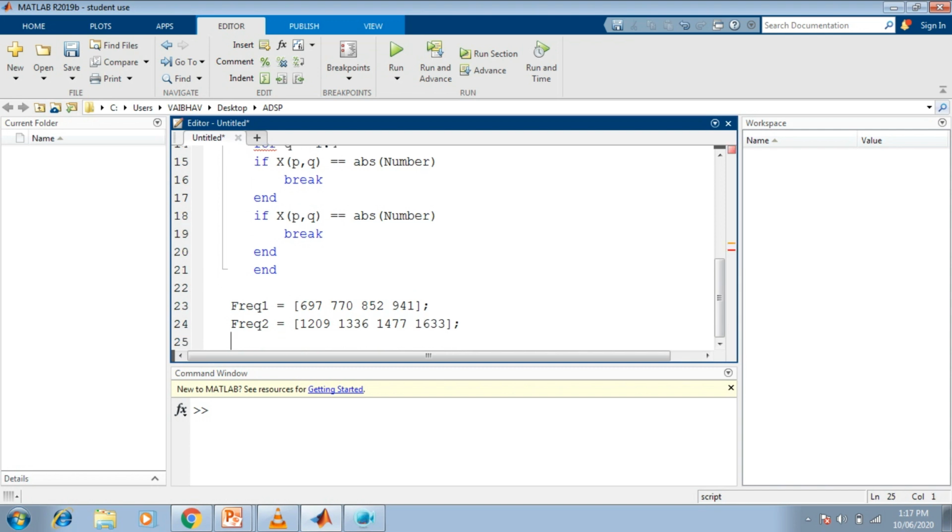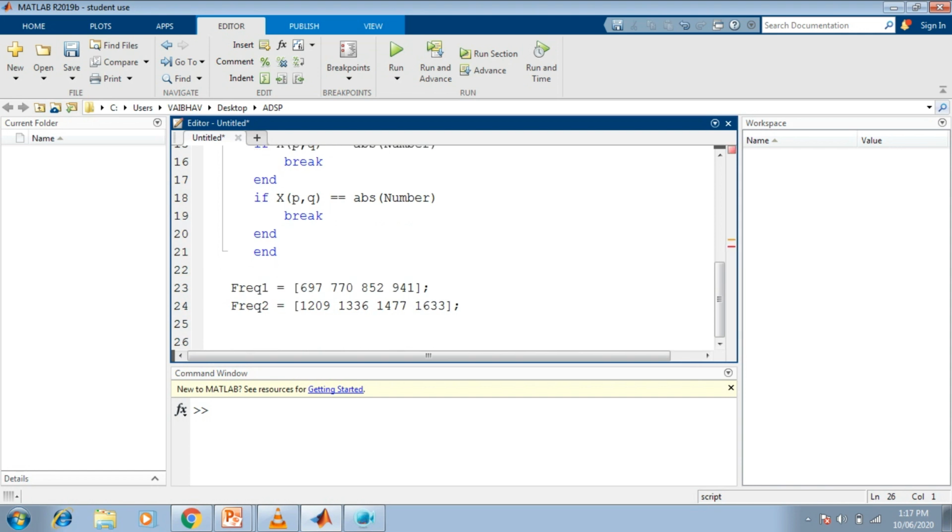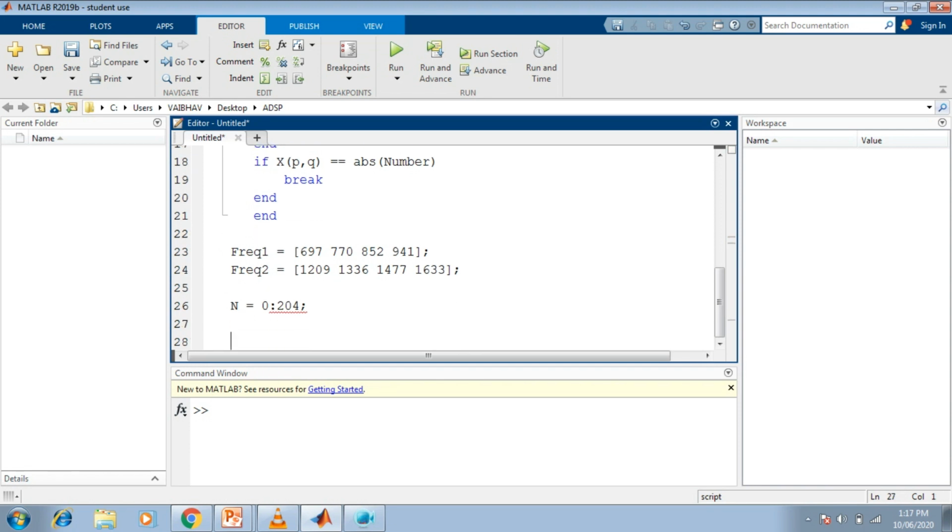Now for the endpoint DFT that we are going to use for the detection purpose, we select capital N to hold the value 205. So the values shall range from 0 to 204 here. Now with the help of the two frequency components, the signal representation can be made, and as usual in the discrete time domain, as we denote the signal x of n here, simply the variable x will be a sinusoidal form having the two frequency components.